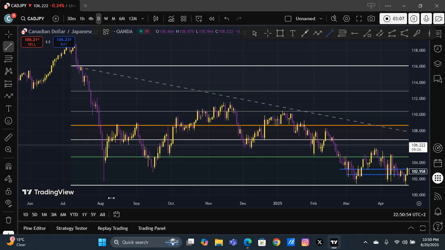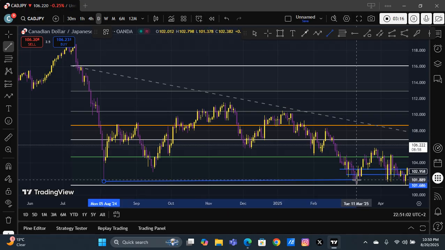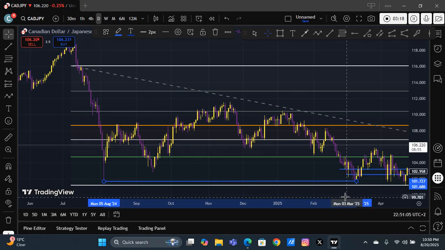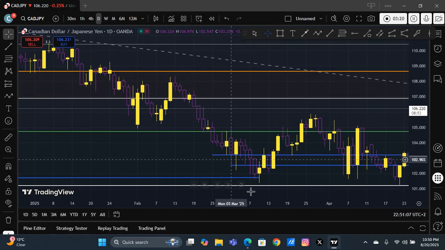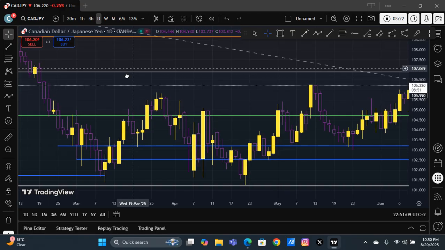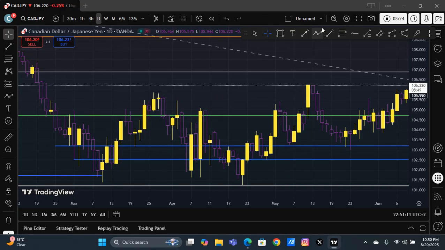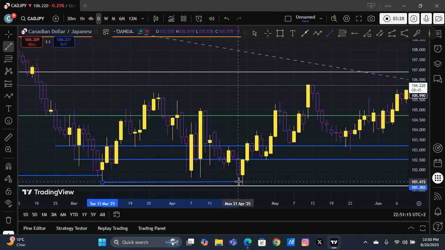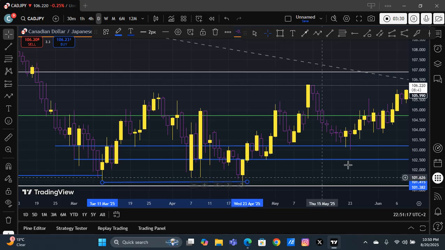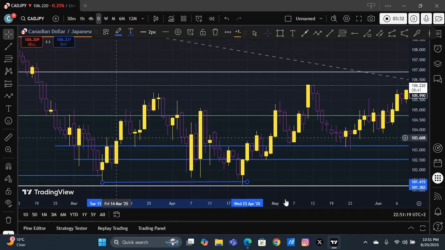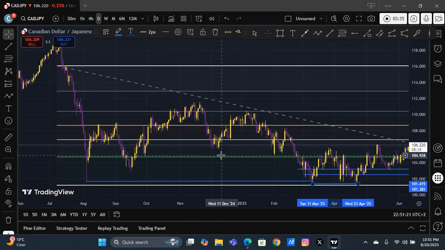Let's try to make it visible. This low was broken by this low. So it was something like this, was broken by this low. And this tiny low was also broken. Yeah, was also broken here. You can see that it was broken. And after these lows being taken out,